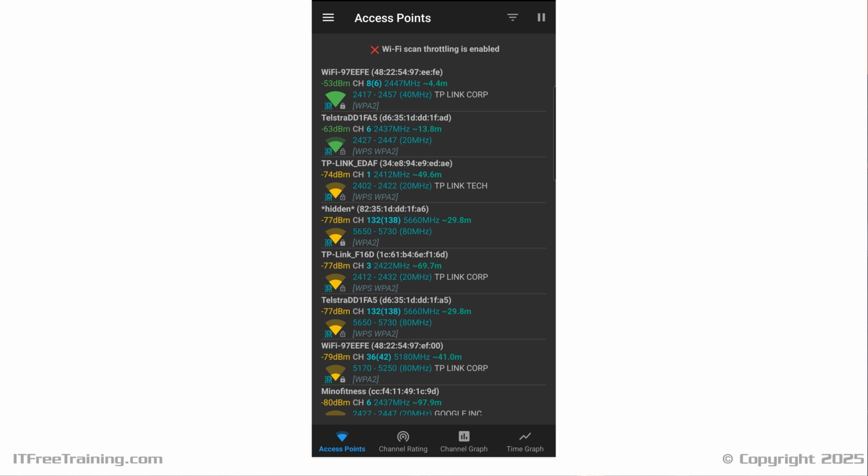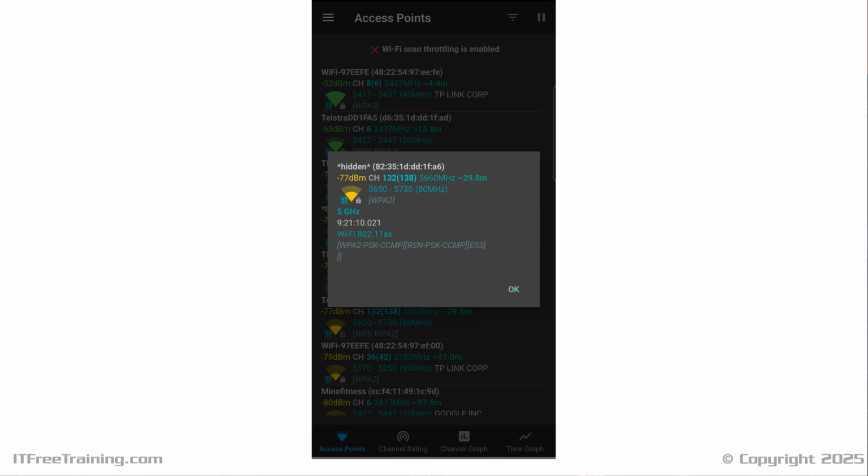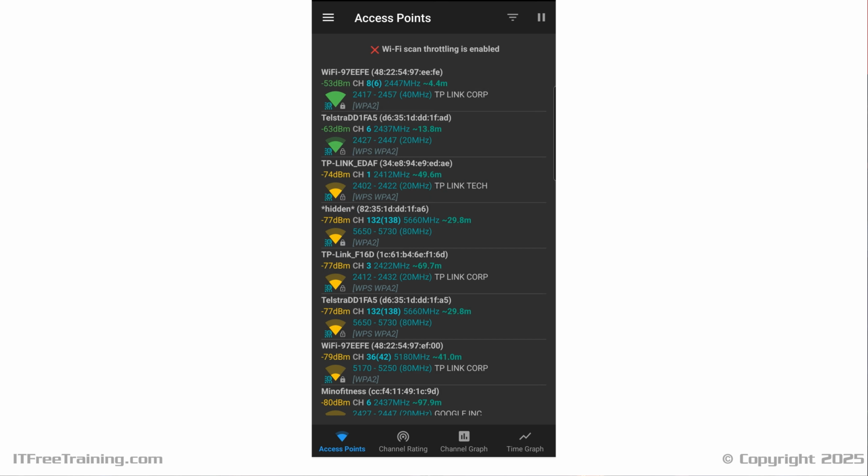Some Wi-Fi are also hidden. This is where the router does not broadcast the wireless name. But you can see how easy it is to get information about the Wi-Fi access point, so this doesn't give you a lot of protection. It is best to use secure passwords to protect your network rather than hiding the wireless name. At the bottom of the screen are 4 tabs to access different information.